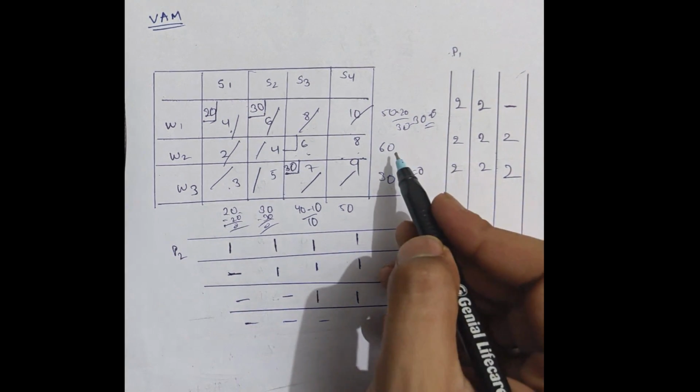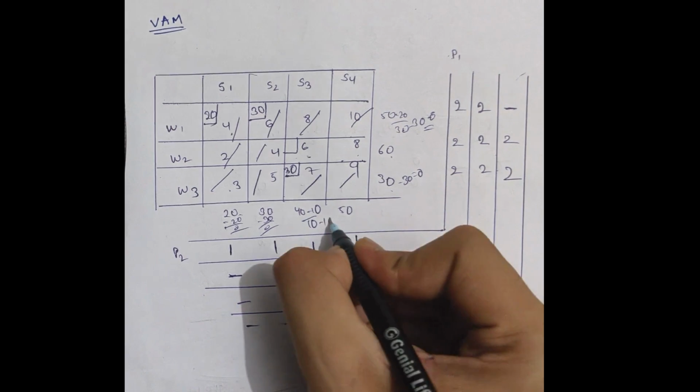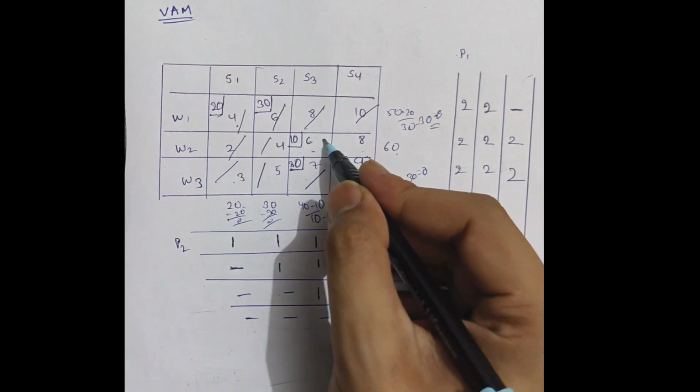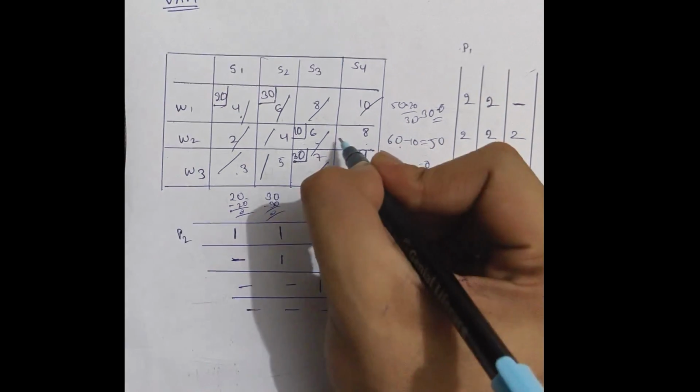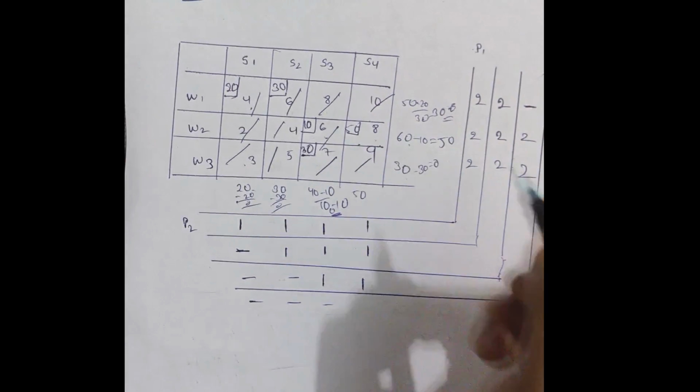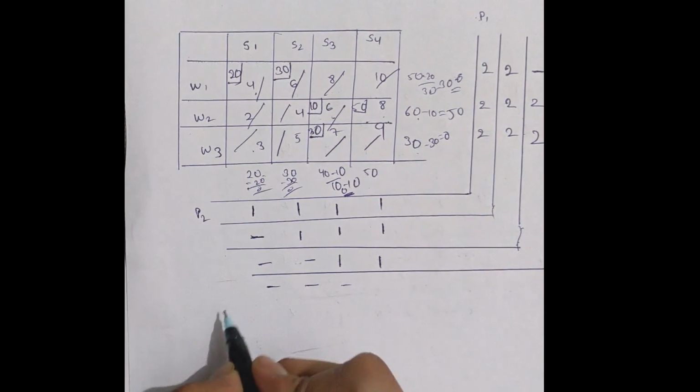In 6, see here 60 and it is 10, so I am taking 10. Here 10. So this will be completed. This will be 0. So after minus 10 it will be 50. So I am taking 50 here. You got it, right? So see, 20 into 4